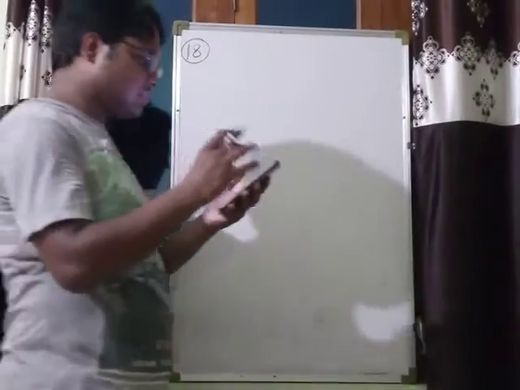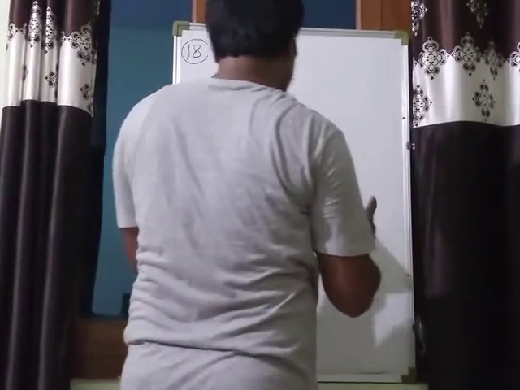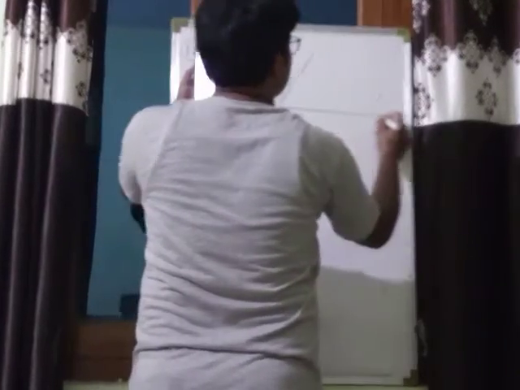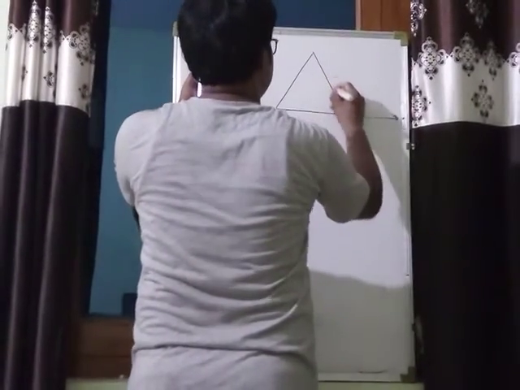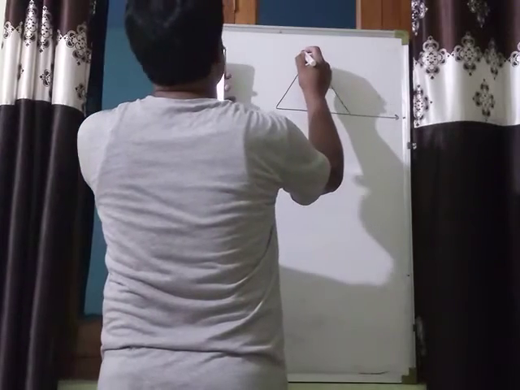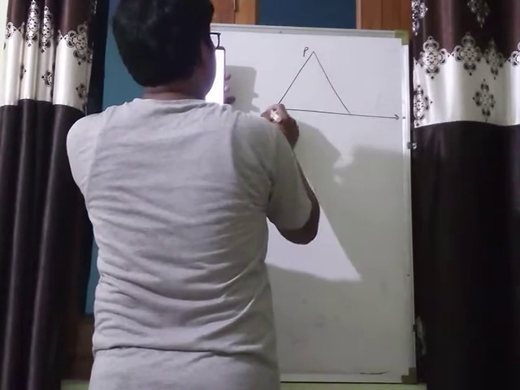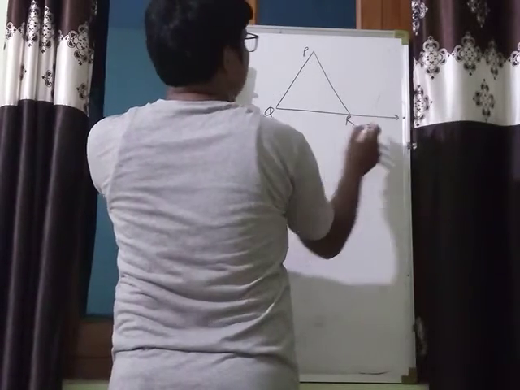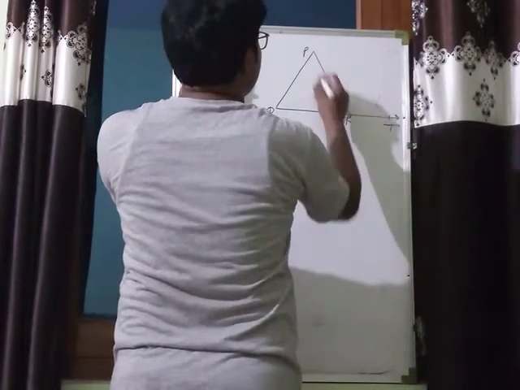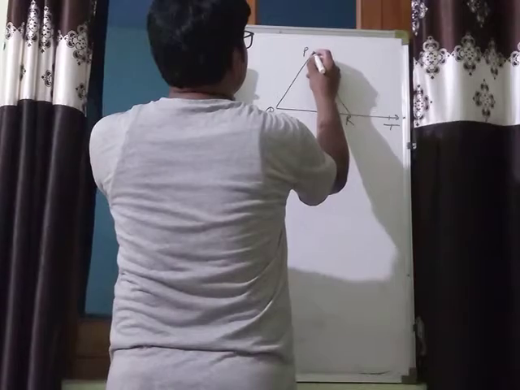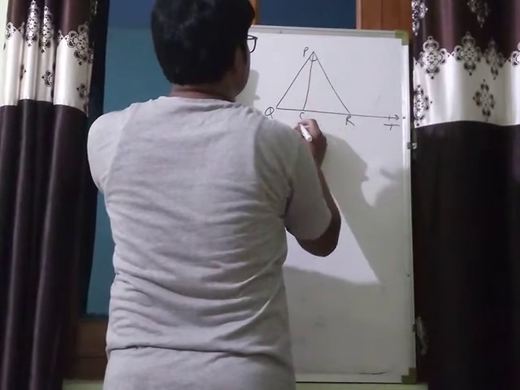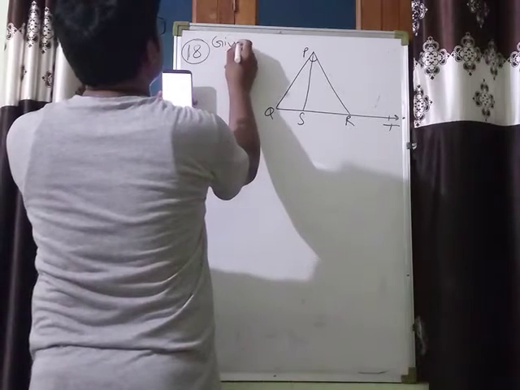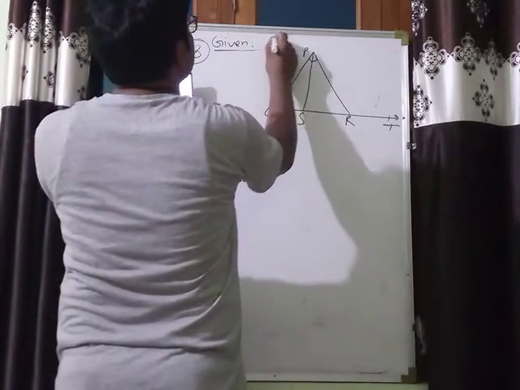PS is the bisector of angle QPR. See, this is a figure. This is P, Q, that is R, that is T, and this is S. And it is given here in the figure that PS is